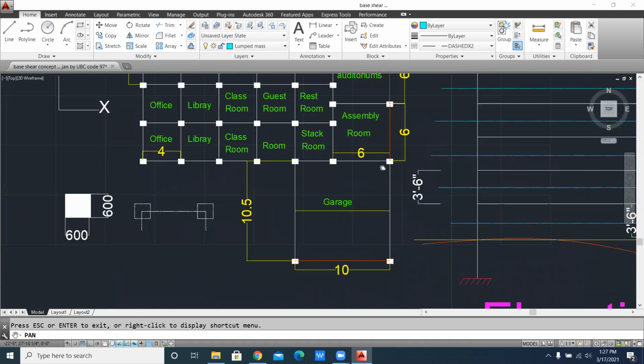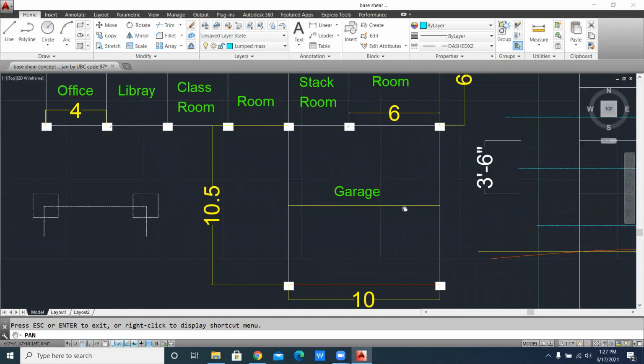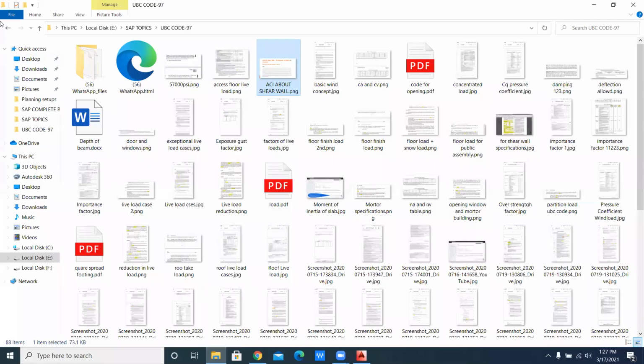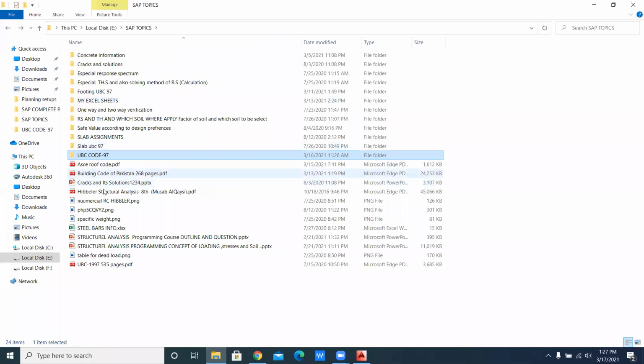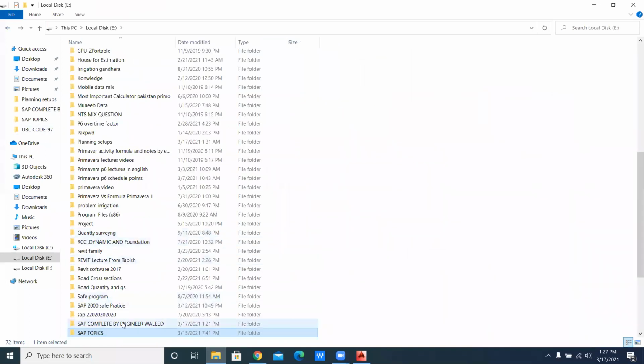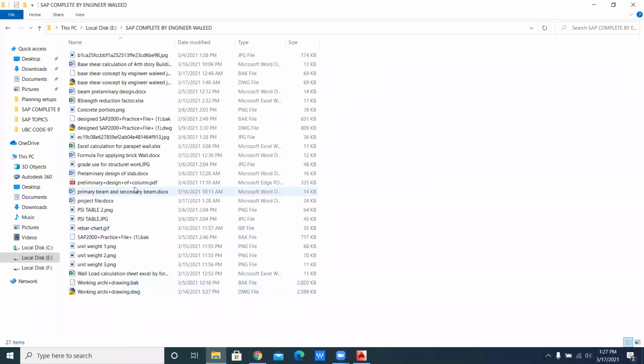And this one is basically the secondary beam. Okay, now this is your primary beam. What is a primary beam? A primary beam is that beam which is normally used to support from one column to another column, and this is your secondary beam. A secondary beam normally supports from one beam to another beam. Always remember that there are some techniques for the secondary beam.